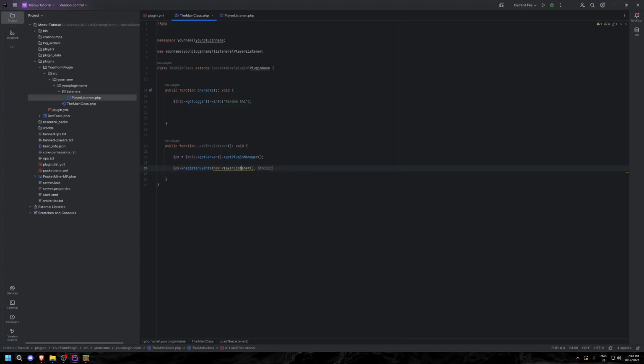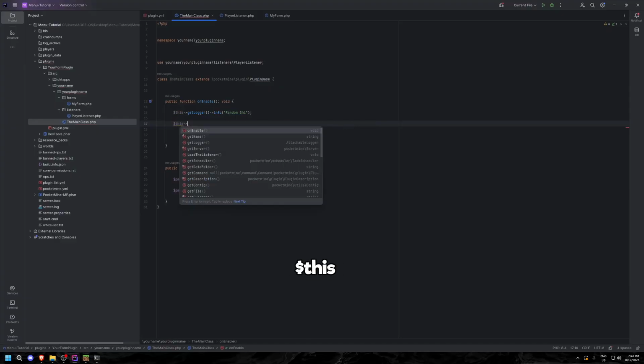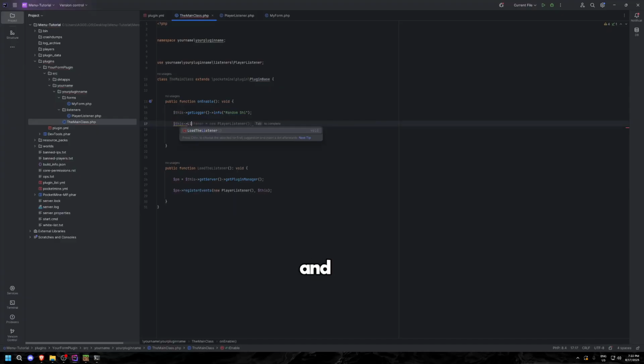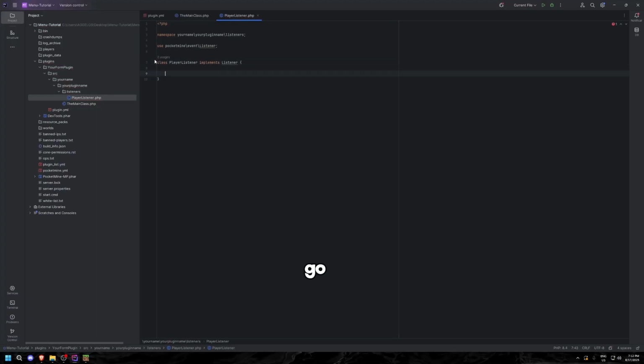Boom. Okay, so for the listener, the other thing you want to do is load the listener. There we go. And now let's go into play listener and let's just implement listener. There we go. So now let's start with the player listener now. Okay, so this is optional. If you want, you make a public function